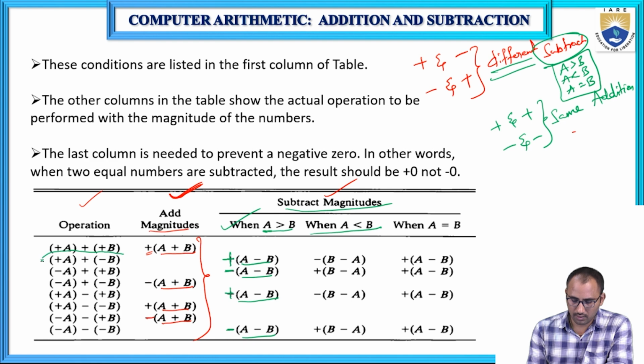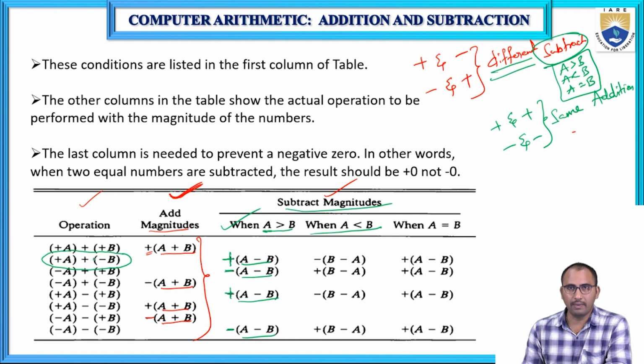So see here, plus A minus B. I have to subtract the magnitudes. Here B is larger, so that's why B minus A. B is the larger number and A is the smaller, so that's why we are subtracting A from B. Okay. And here, what is A,